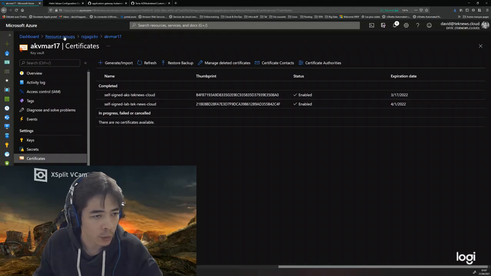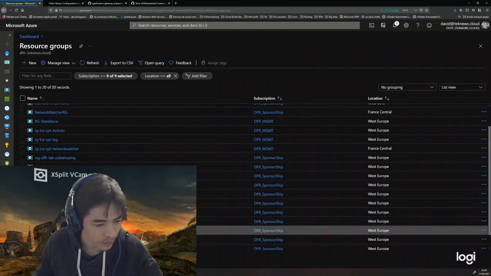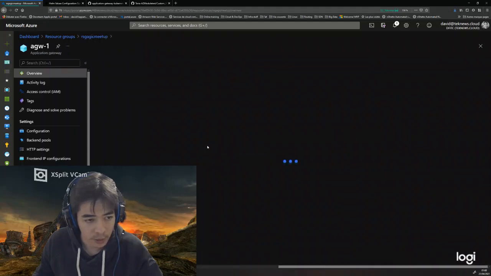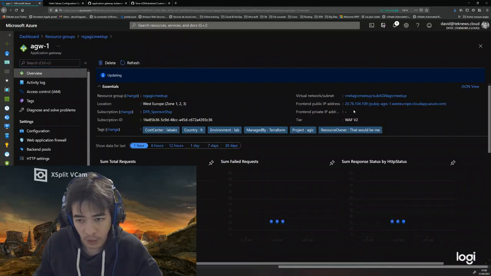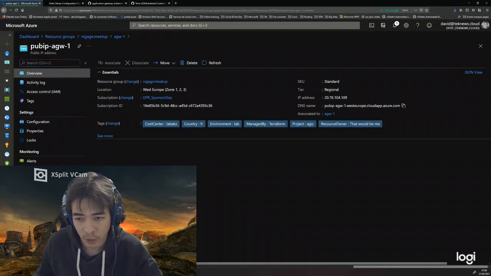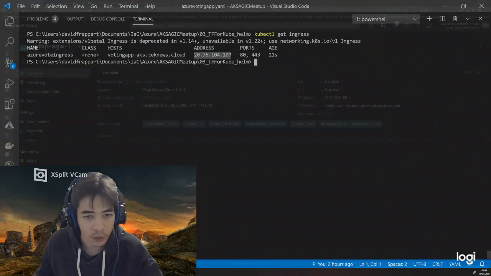So let's switch back over there, in my application gateway, and I guess it's what I wanted to have, 20.76.104.109. Let's switch over there. It seems to be correct.